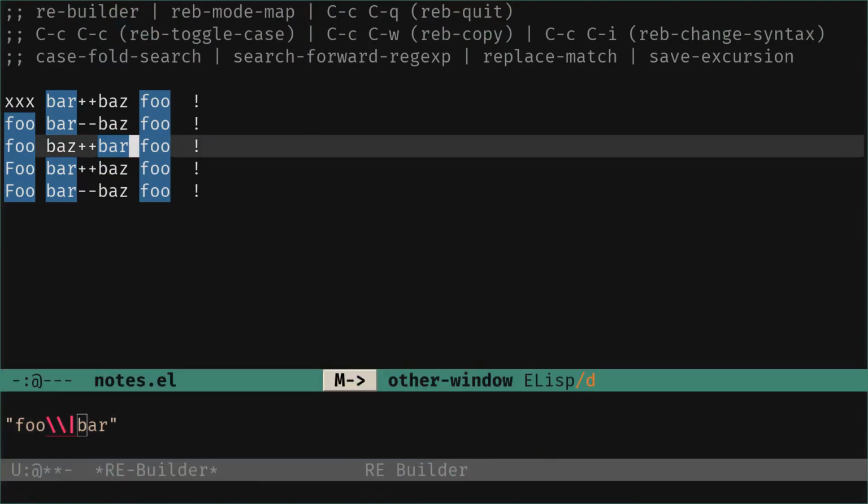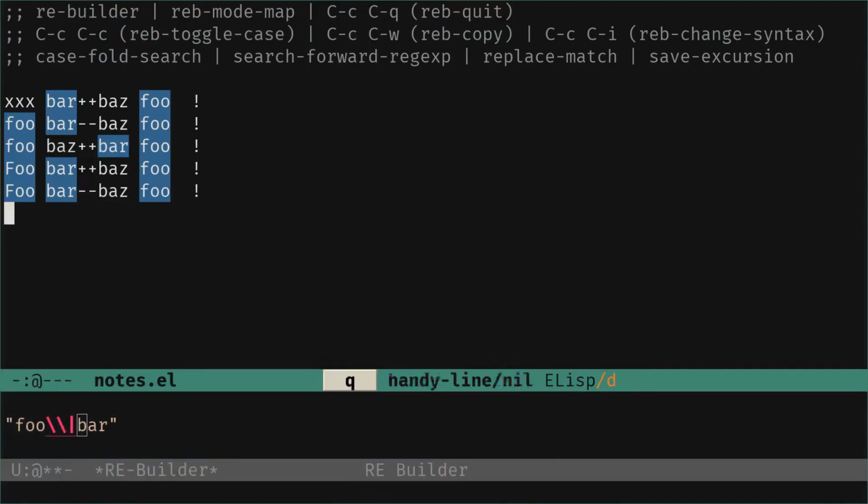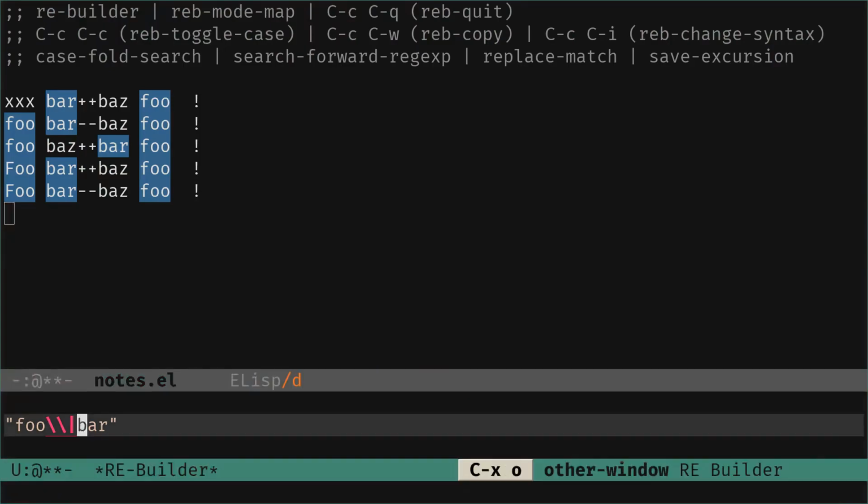So now if we go in that buffer, we can paste it. Okay, and this is the regular expression we are matching, and we can use it in our Emacs Lisp programs. We remove it. We go back in the Rebuilder here, and now let's say that